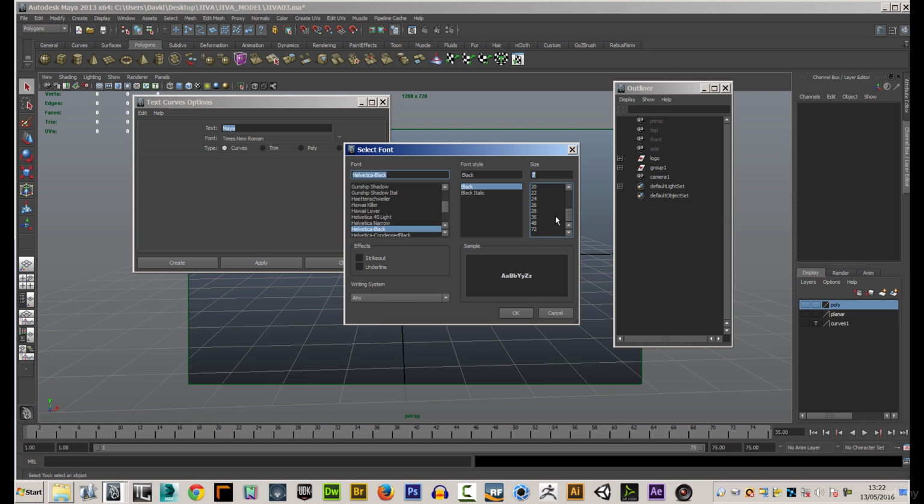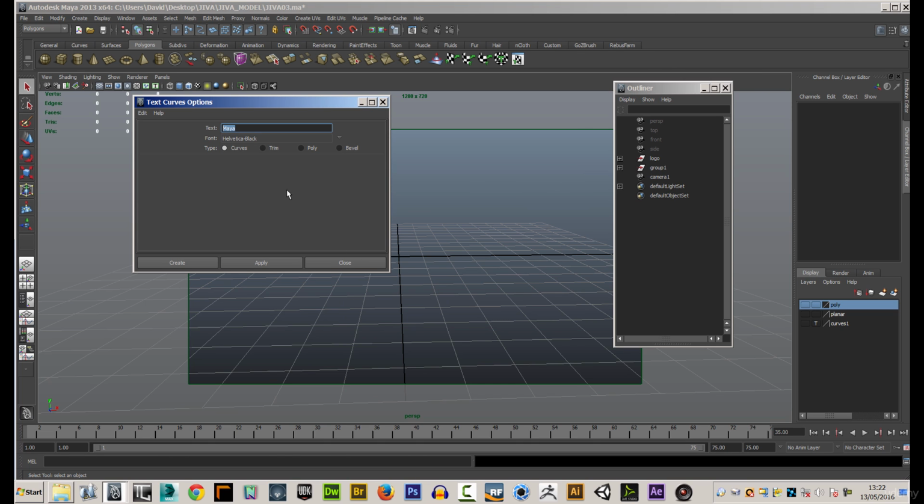You can even set the size here. I'm going to choose 28. You see a little preview down there. You can select what type you want. And that looks good. So click OK. Now this is going to set curves up, okay,